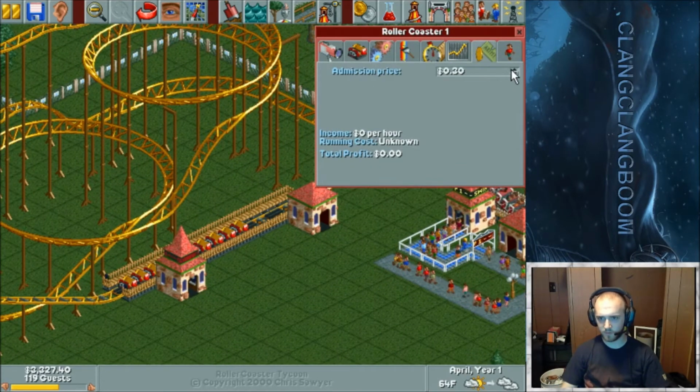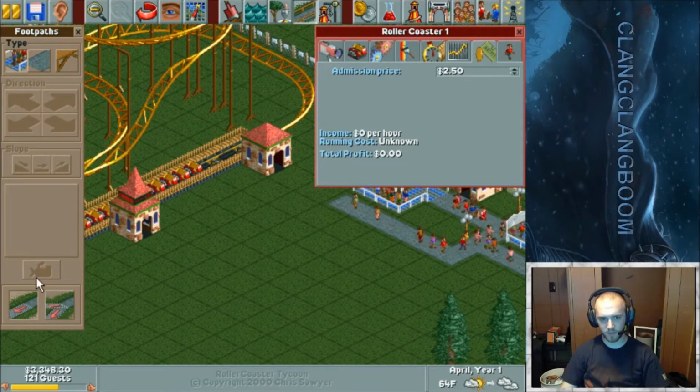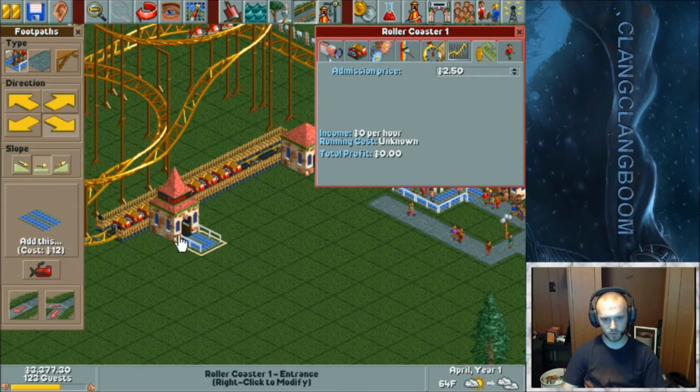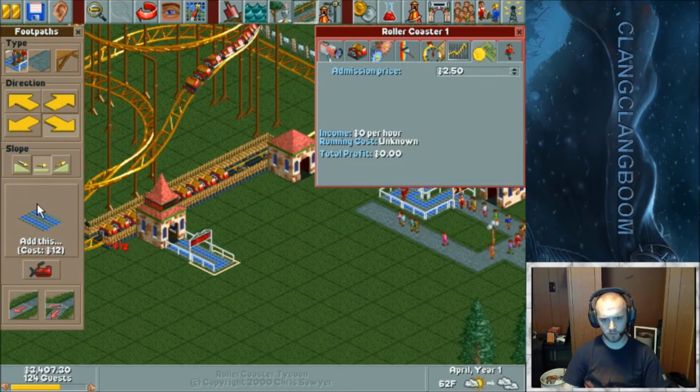I'll just leave those. New rides, guests always will pay more for. We'll launch this one at $250. Let's go ahead and build this out. If you select this mode here, you can kind of snake your path. I'll show you what I mean. Instead of dragging it where you want it,